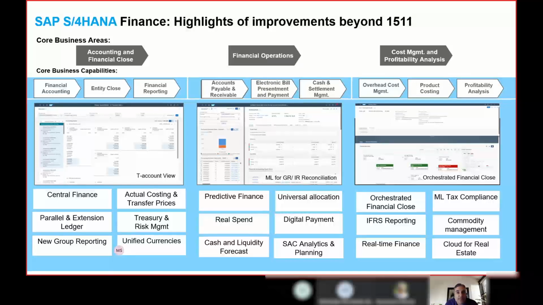On top of it, leveraging these new technologies like ML or RPA makes their business scenarios automated as well as more efficient, so that the end users can do more strategic thinking rather than spending their time on regular mundane tasks.